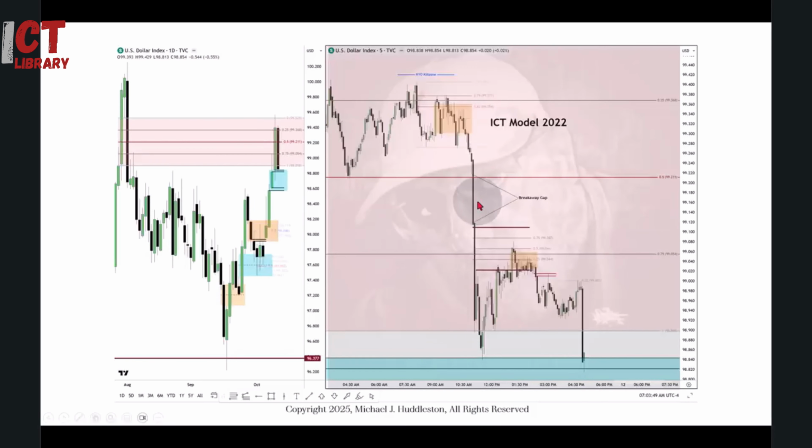The breakaway gaps. When you classify a breakaway gap, and this is what your textbooks do not teach you, every classic, archaic view of retail logic and trading technical analysis, which is flawed by all measure, the inefficiency that shows up on your chart that does not get filled back in, if it's between a quadrant level like this and another quadrant, expect that when we are looking for lower prices, when it breaks lower, if it leaves a quadrant like that and breaks a little bit lower, this is many times going to act as a breakaway gap because it's in no man's land between a quadrant and another quadrant, inside the narrative and bias that